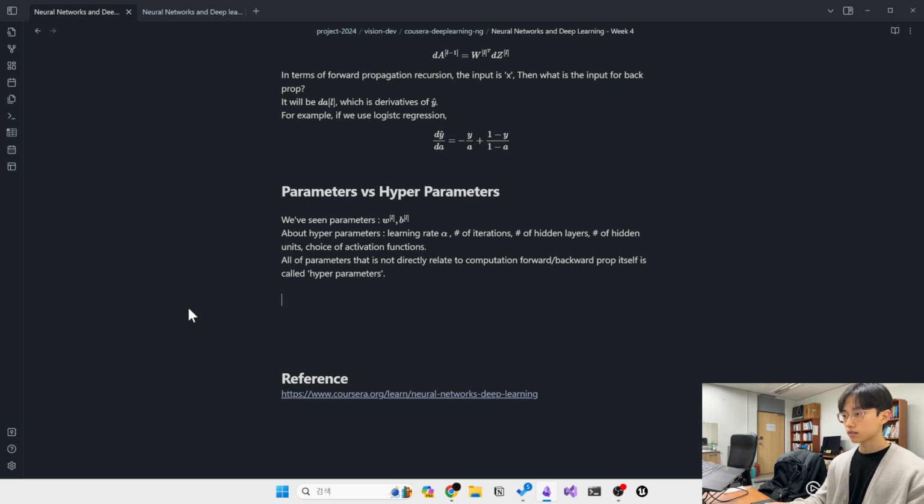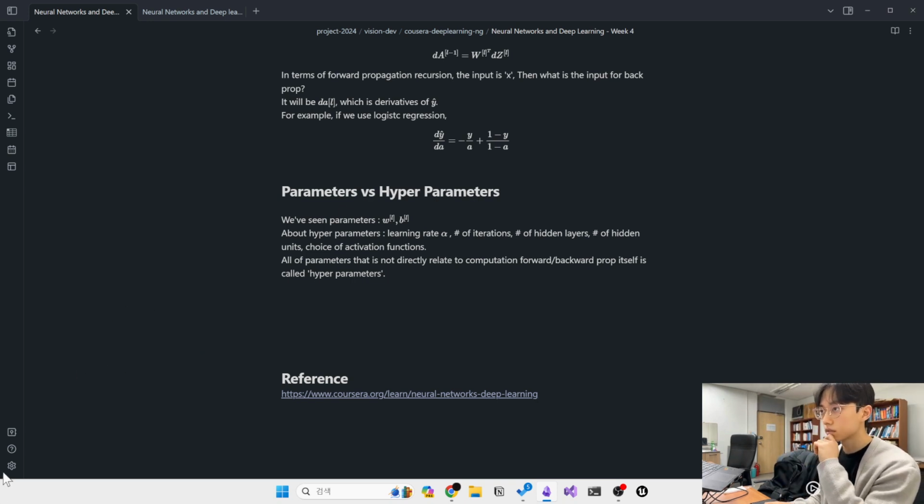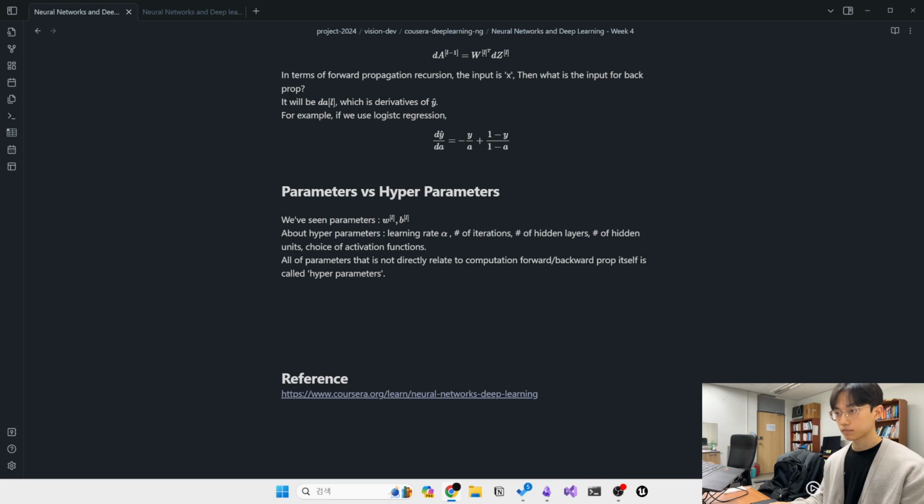So when you're training a deep net for your own application, you find that there may be a lot of possible settings for the hyperparameters that you need to just try out. So applied deep learning today is a very empirical process where often you might have an idea. For example, you might have an idea for the best value for the learning rate. You might say, well, maybe alpha equals 0.01. I want to try that. Then you implement it, try it out, and then see how that works. And then based on that outcome, you might say, you know what, I've changed my mind. I want to increase the learning rate to 0.05. And so